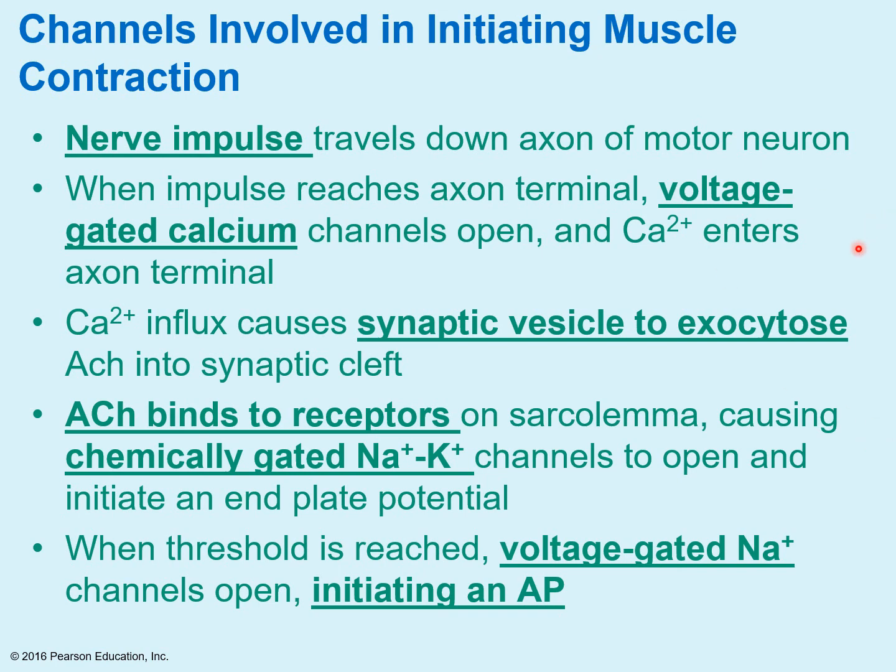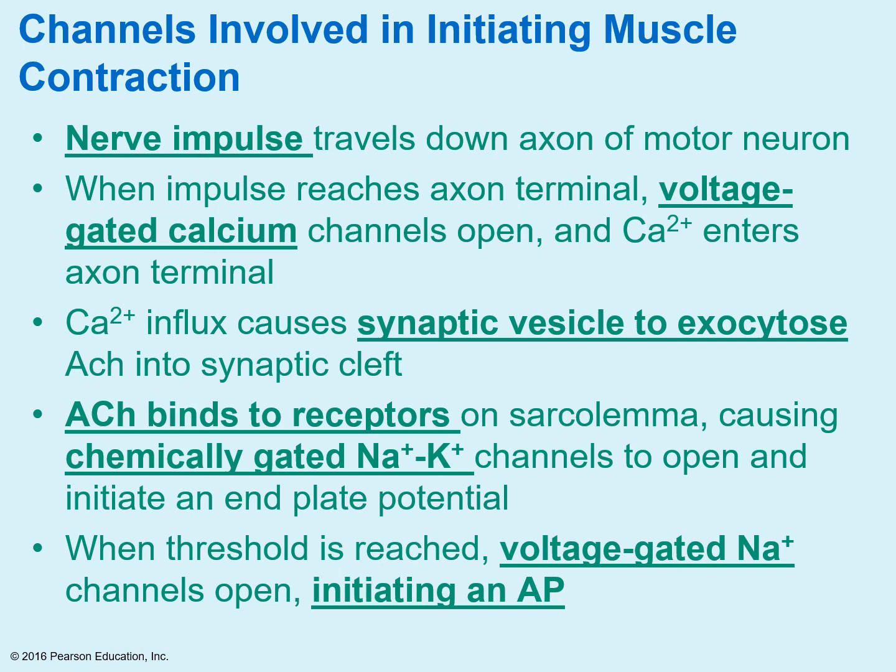So this is what all of this is saying, what I just went over. The nerve impulse travels down the axon of the motor neuron, and it reaches the axon terminus. It triggers the opening of calcium gates, allowing that influx of calcium. That triggers the release of the acetylcholine from the vesicles, which will diffuse across the synaptic cleft. They will bind to receptors on the sarcolemma, causing the opening of sodium gates,